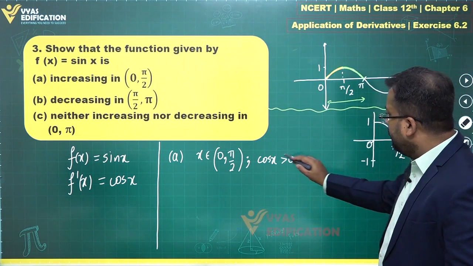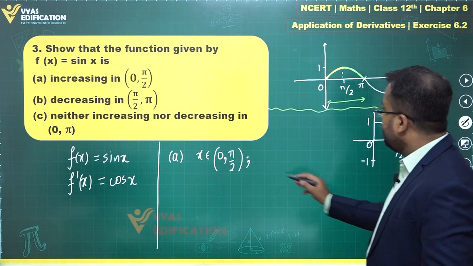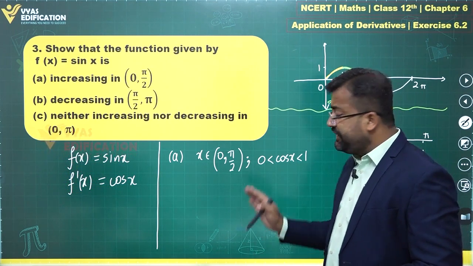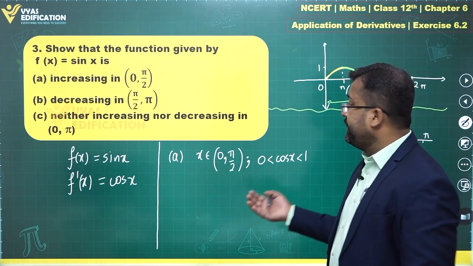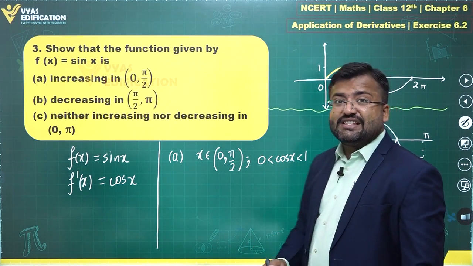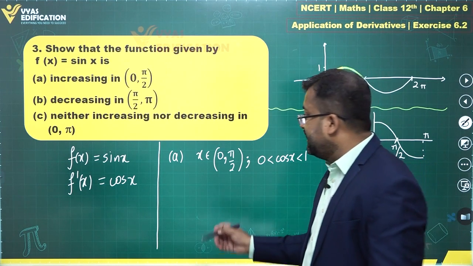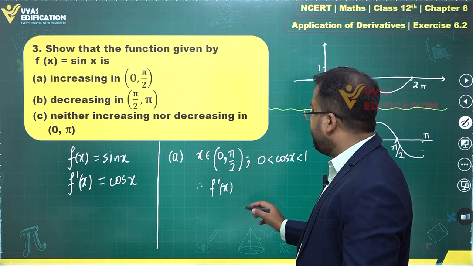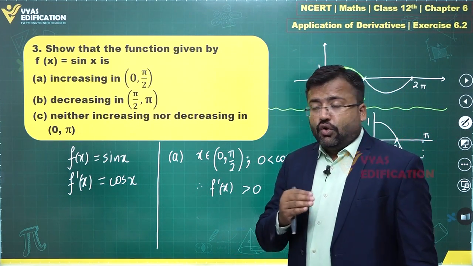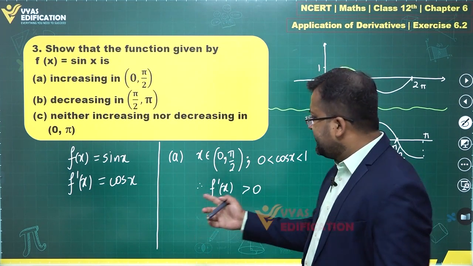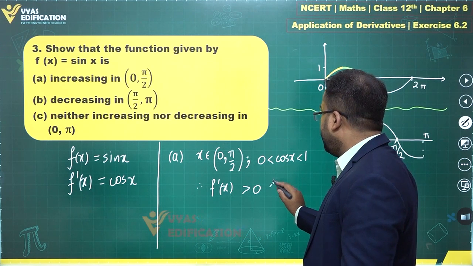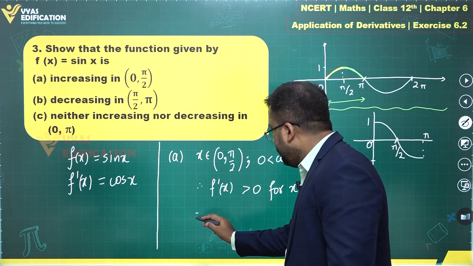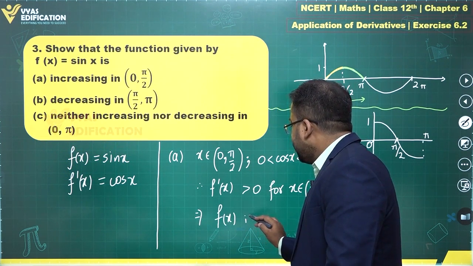But is that all? You can actually write it as this, that 0 is less than cos x is less than 1. We are only interested in this part, by the way. We are not interested in less than 1 because greater than 0 suffices, right? So for x belongs to this, 0 is less than cos x is less than 1, or you can say that cos x is greater than 0. Therefore, the derivative function, that is f prime x, is greater than 0. So what can you comment about fx? Since f prime x is greater than 0 in this interval, for x belongs to 0 comma pi by 2, therefore you can say that fx is increasing